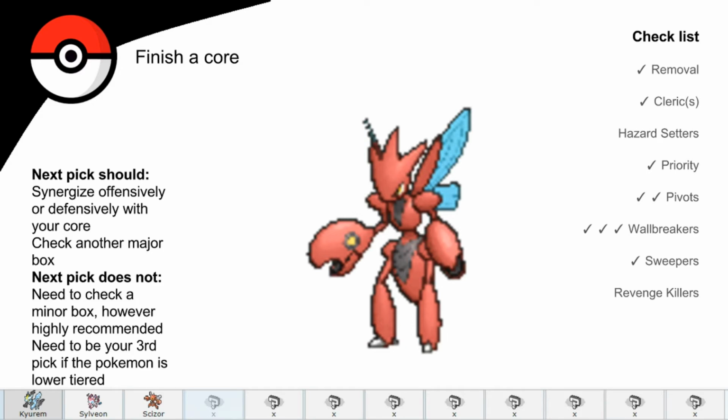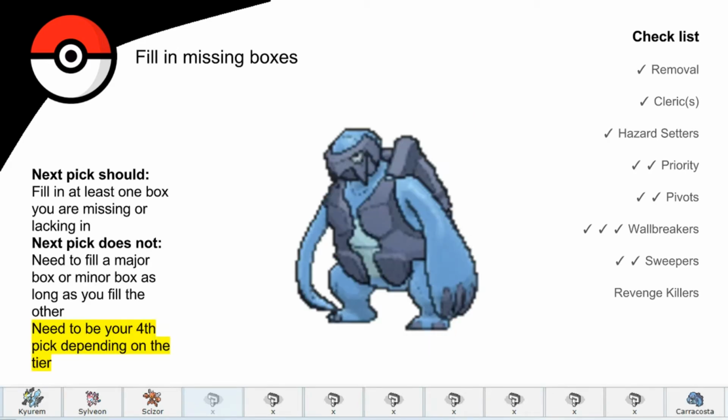So next up, our fourth Mon is where we're going to go out of order. Our fourth Mon is going to be our 12th round pick, and that is Carracosta. This is our 12th round pick. It is often undrafted in like every league, but this Mon, it 4 times resists fire. It's a terrifying Shell Smash sweeper. It gets priority Aqua Jet. It gets Stealth Rock, and overall, I think it's a very underrated Pokemon, but we're just using this as a sample draft plan. So this would be our 12th round pick, and we want this because it is a fantastic